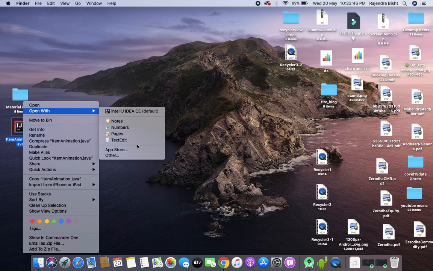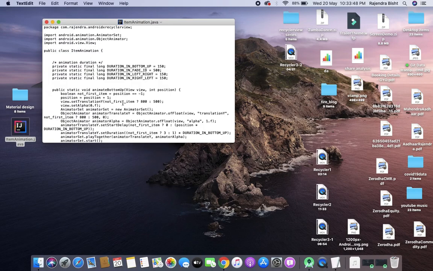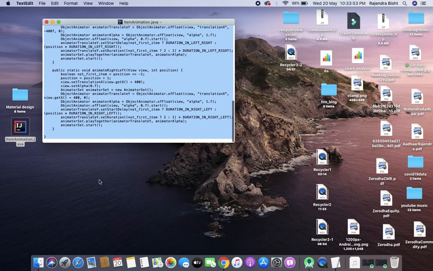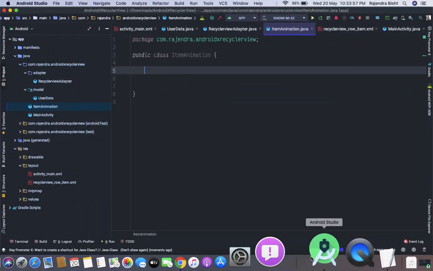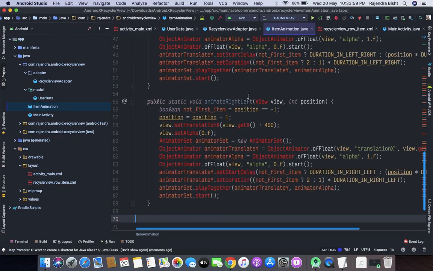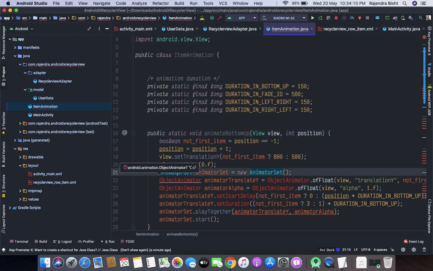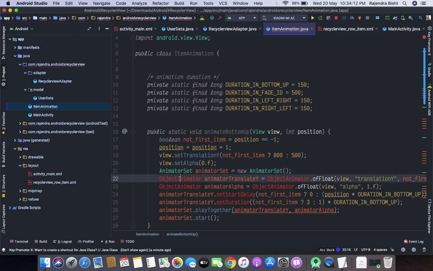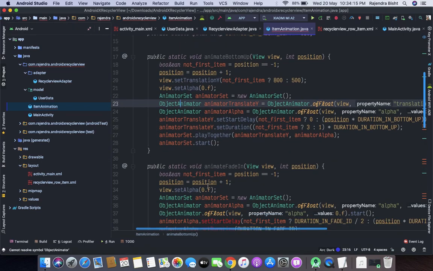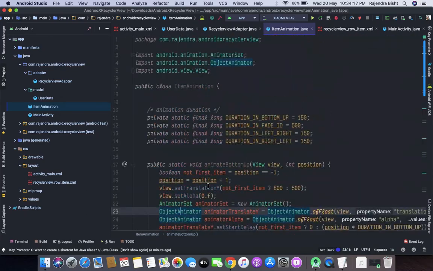So let's import the package, Object animator. Okay, it's done.